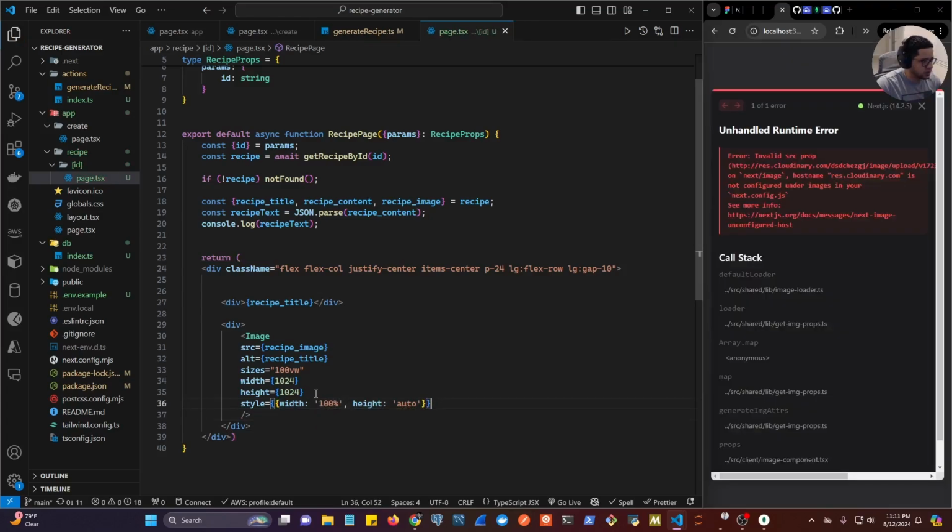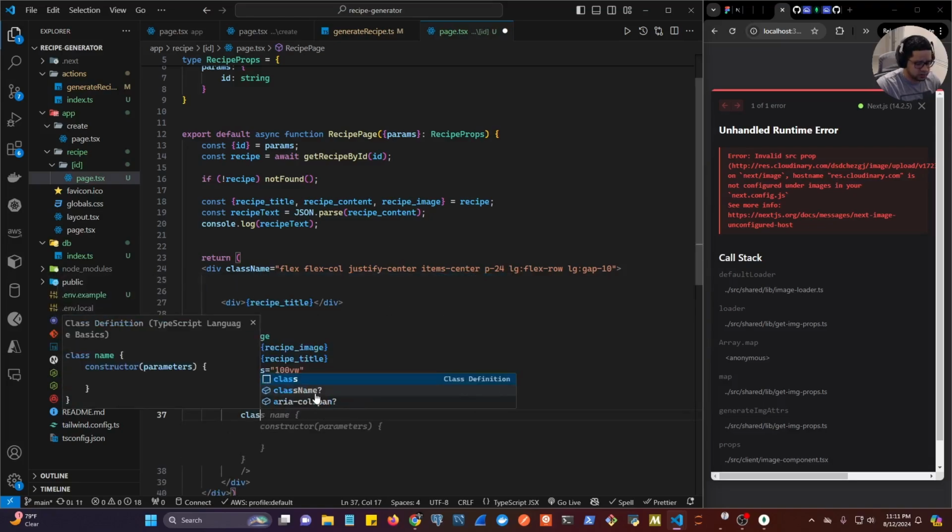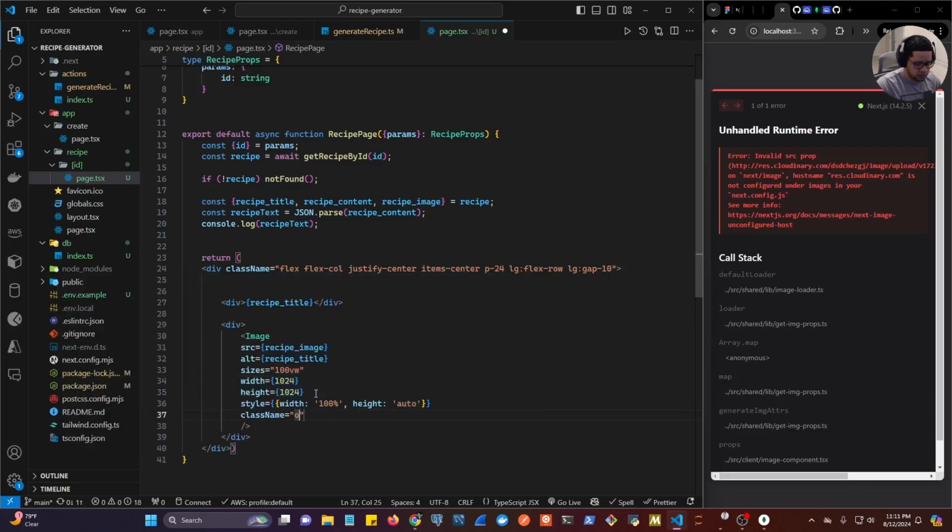Cool. And then we're also going to set the object fit. No, we need to do a className here and set it to object-fill. So this is pretty much everything we did back in the landing page, but